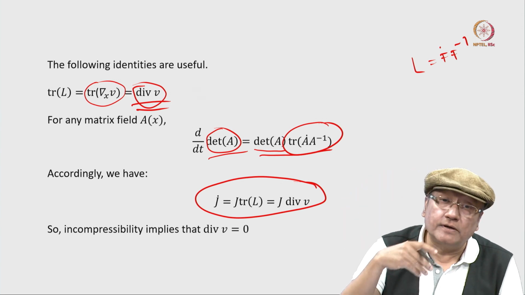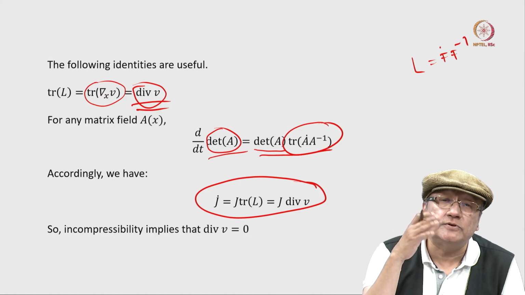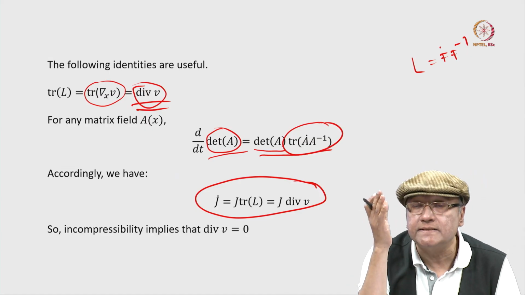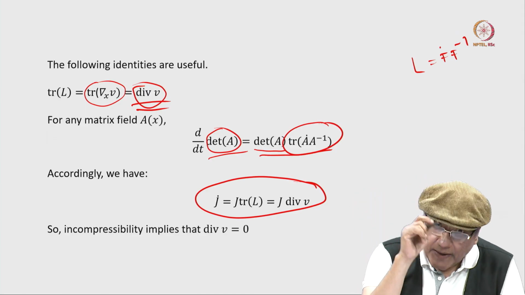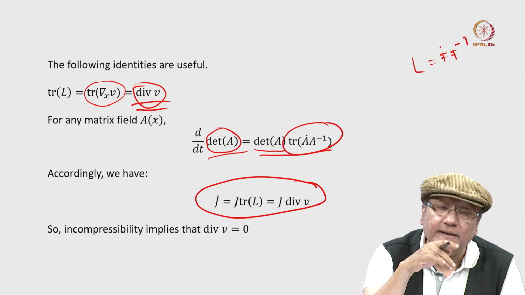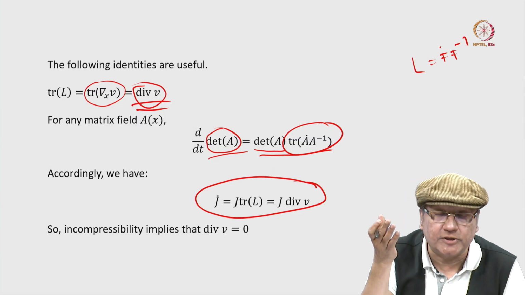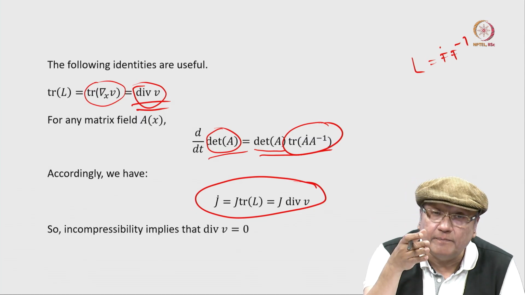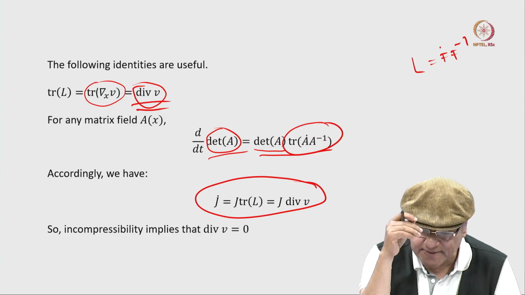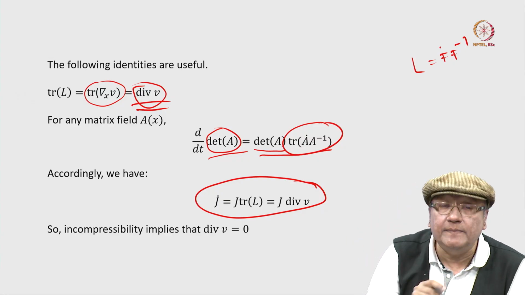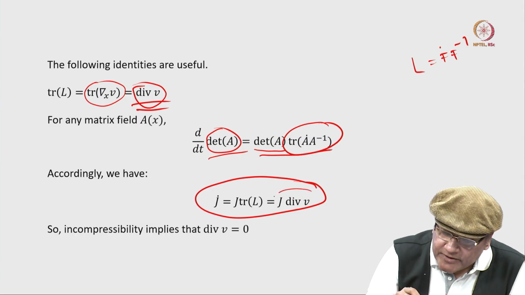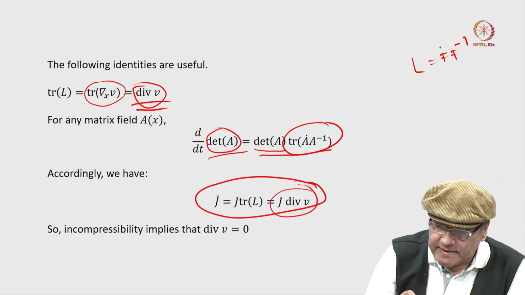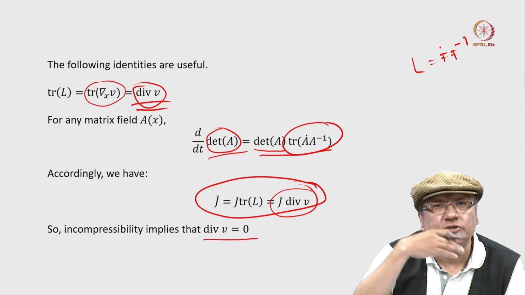So, for such incompressible problems, suppose you consider an incompressible elasticity problem, j equal to 1 for those cases. But if it is a plasticity problem and if it is nearly an incompressible deformation, which actually is the case for much of metal plasticity, then v, velocity, becomes important, and here is another characterization of incompressibility. Suppose divergence of v is 0, then j dot equal to 0, so there is no change in